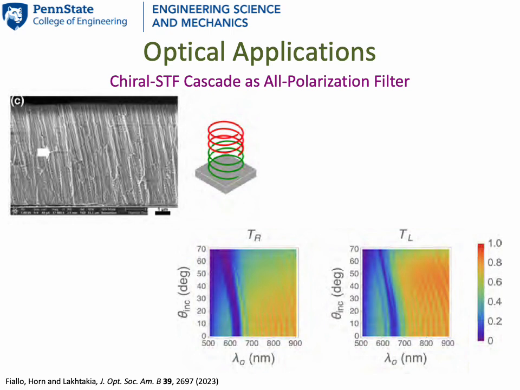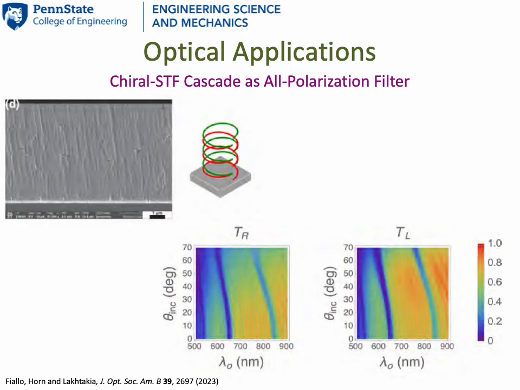Suppose we cascade a structurally left-handed chiral sculpture thin film and a structurally right-handed chiral sculpture thin film that are otherwise identical. Then we get a band-stop filter for all polarization states, and you can see that blue band in both the left and the right spectrograms. And if both handednesses are intertwined period by period, again we will have an all polarization band-stop filter. And therefore again you can see in the spectrograms there are blue bands in both of them.